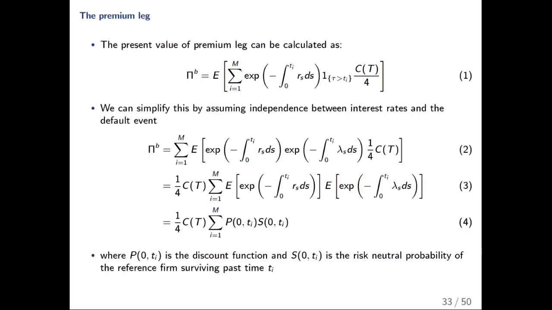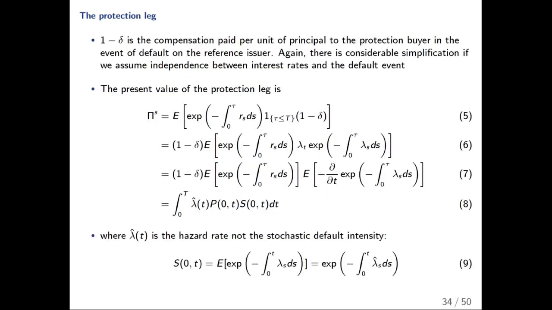So the probability of survival in the first period, and then I care about what is the probability of default in the next instant. The probability of default in the next instant is equal to this lambda. So that's where this product comes from, okay? So it's the conditional probability of survival multiplied by the instantaneous probability of default. And then the cool trick here is that, again, if I assume independence between the interest rate process and the default intensity,